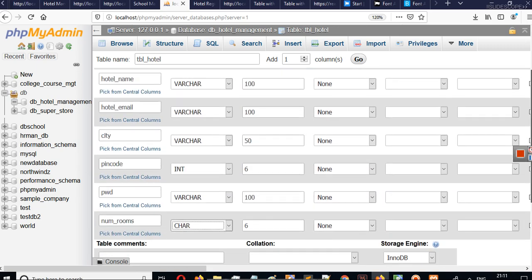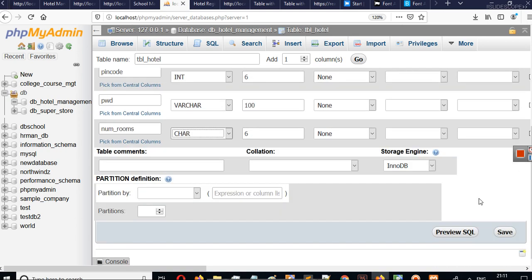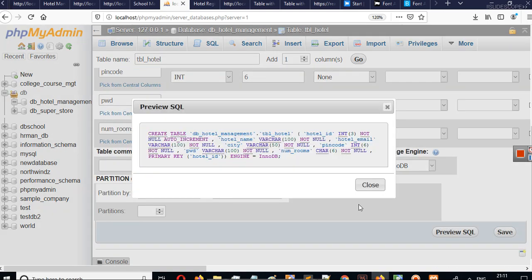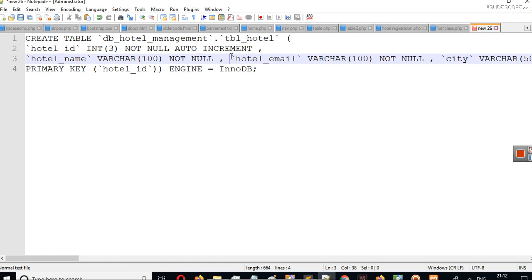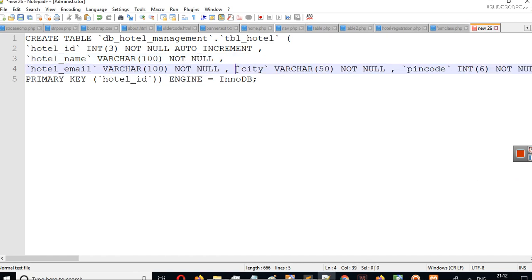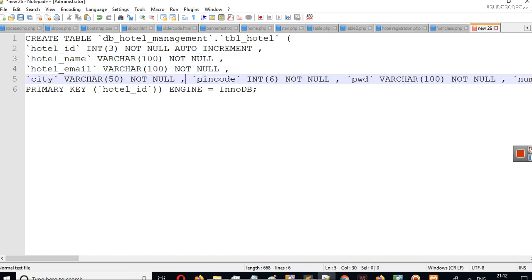We have table set up, and you can click on preview SQL to see the SQL code of how you can create this table. So this is our code for creating a table. I will explain it.